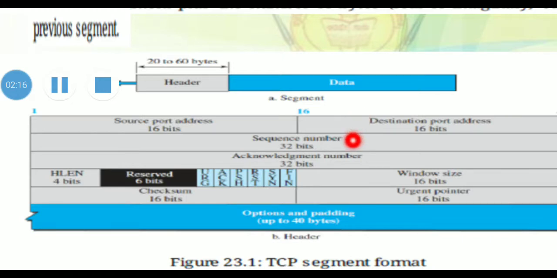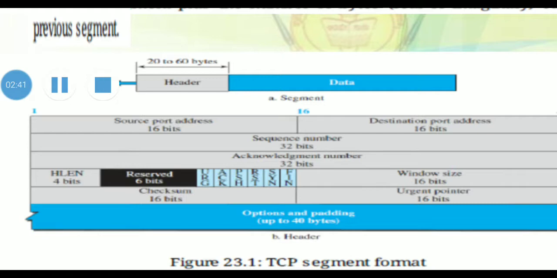Next, the sequence number, which is 32 bits. This 32 bit field defines the number assigned to the first byte of data contained in this segment. As TCP is a stream transport protocol, to ensure connectivity, each byte to be transmitted must be numbered.